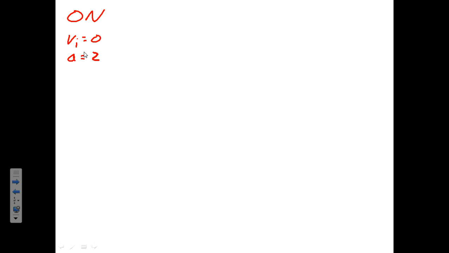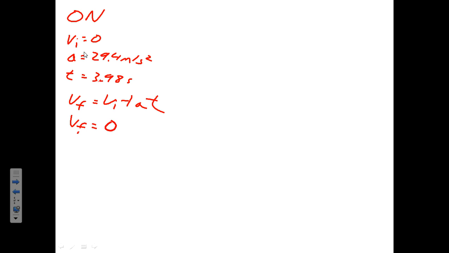We're starting off with VI 0. Acceleration 29.4. Time 3.98. All right, from knowing that, just with the engine's own, what do we need to find? Final velocity, and we probably ought to go ahead and find displacement. Those are going to be easy to find. Let's go VF equals VI plus AT. So VF equals 0 plus